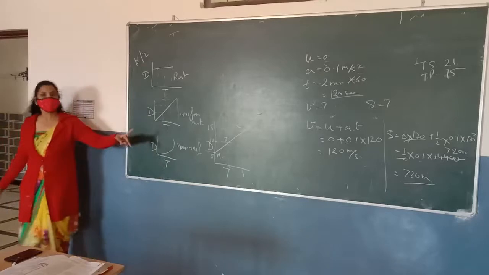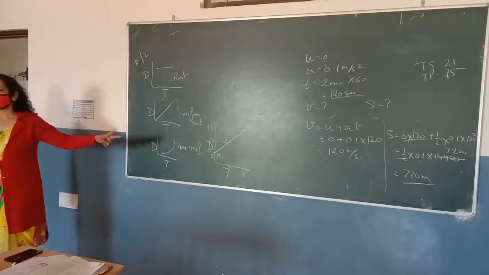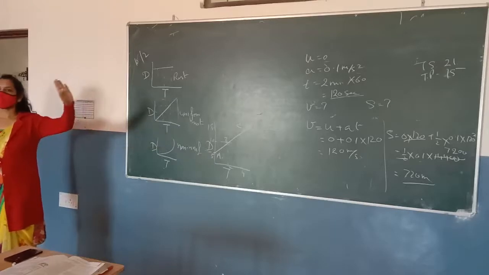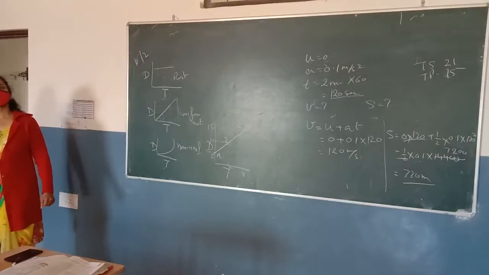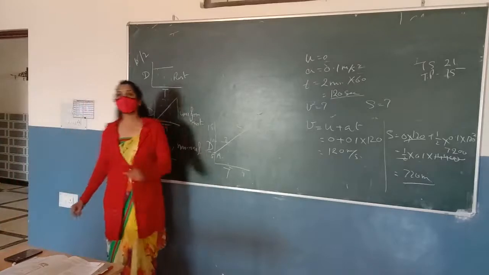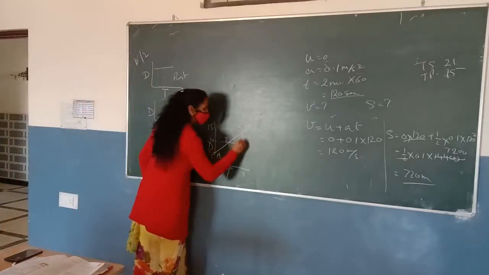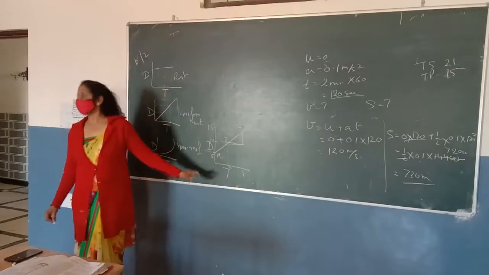So okay, who is going to tell me? How can we find the speed of the body by using the dt graph? Anyone? Vaishnavi? Okay. Very good. We find the slope of the graph. And what is the meaning of the slope? Slope means the perpendicular upon the base. This is called the velocity or the speed.